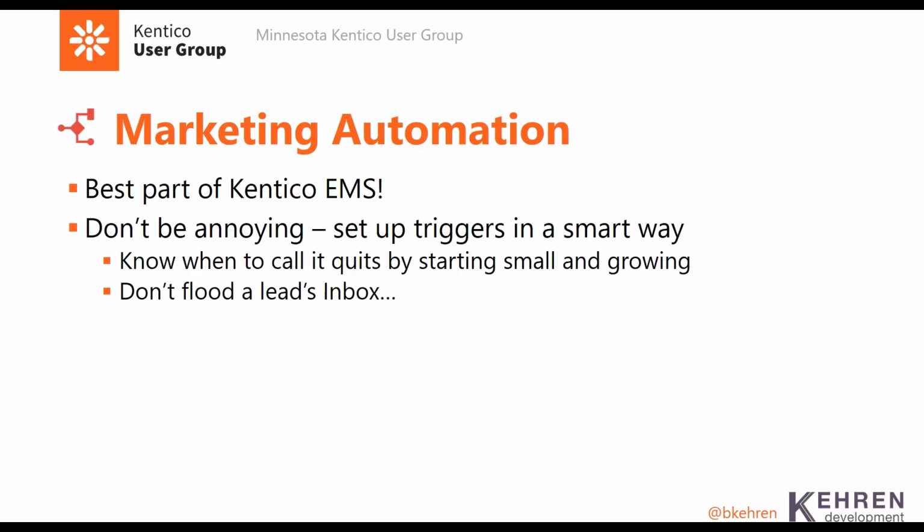Now we take that and have a trigger at 130 points that goes out, X number of days after that first email goes out, and sends them some more information. So we're doing some drip marketing that works out really well in most cases. The key is to not be annoying and set up your triggers in a smart way. You want to know when to call it quits. You want to send them information